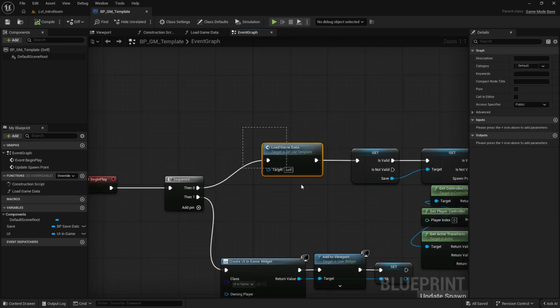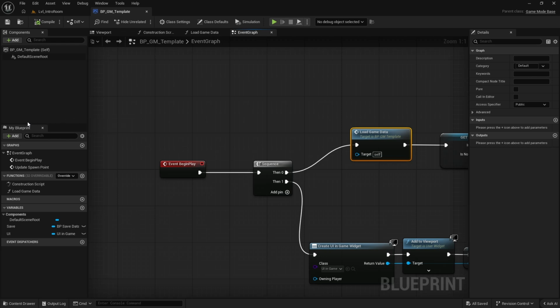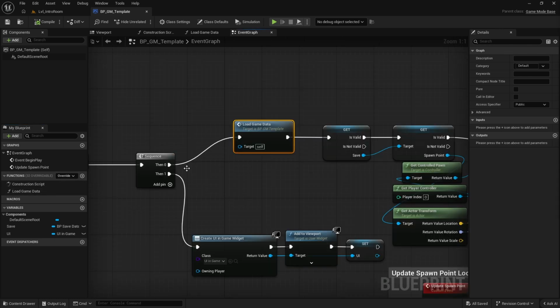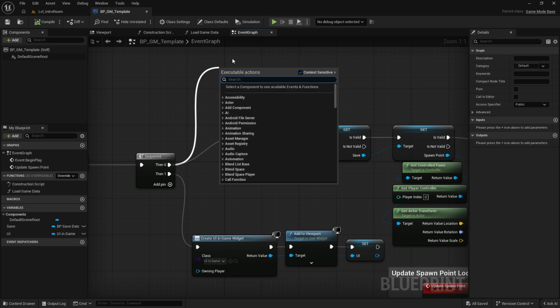The next node here is a function node, which is not provided by the engine, which means we have to create this. And how we create a function, we go here to the sidebar down, we have here a section function, then you press here the plus sign and then you create a new function and then you name it. After you created this function here, then you can again drag this out, write your function name. Here it says load game,